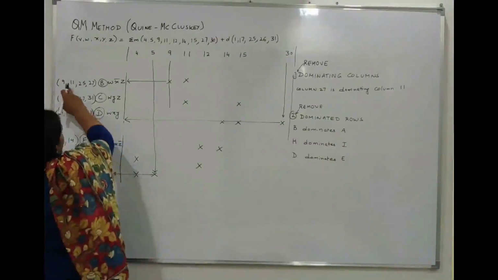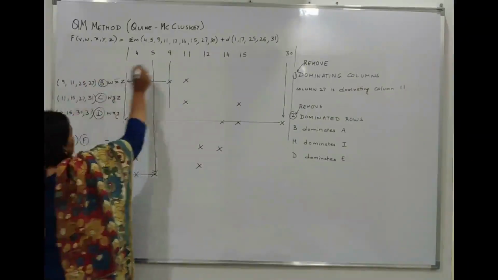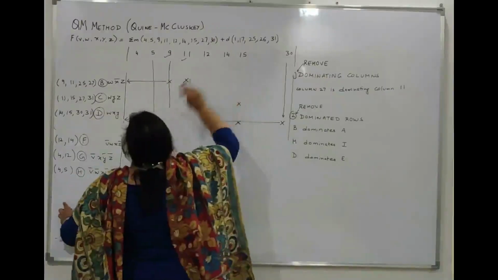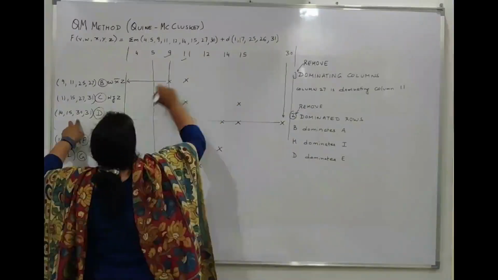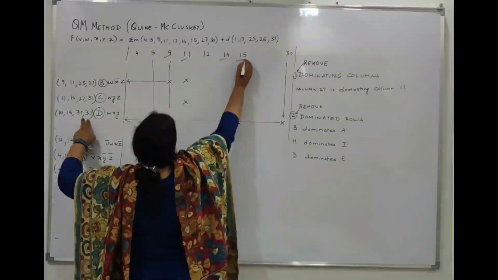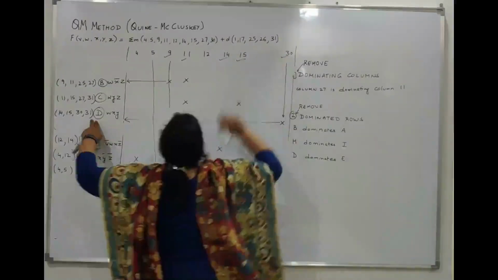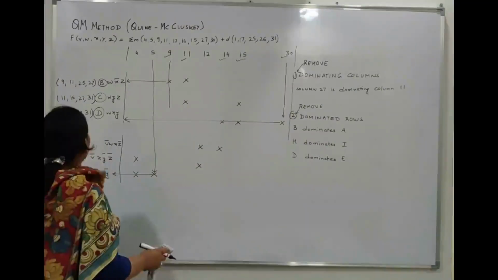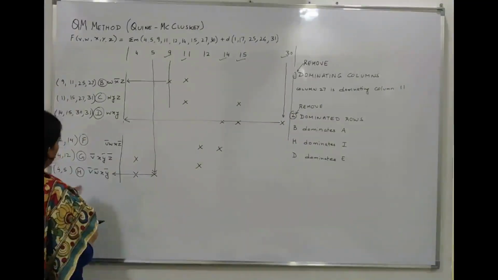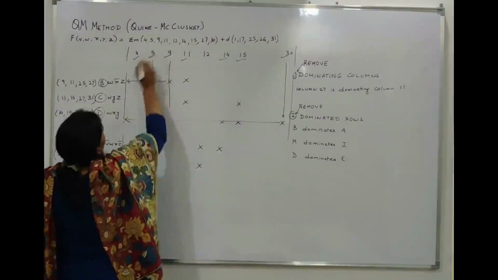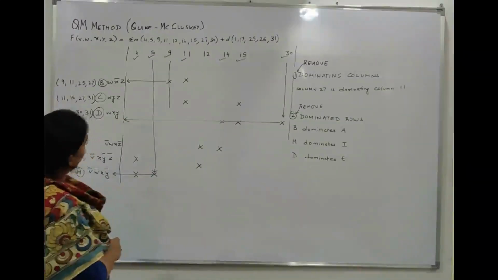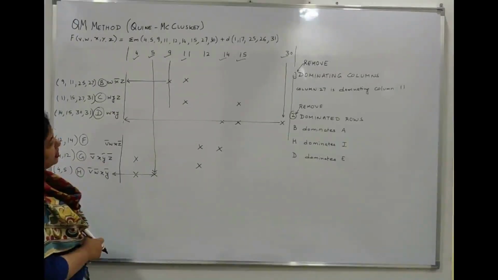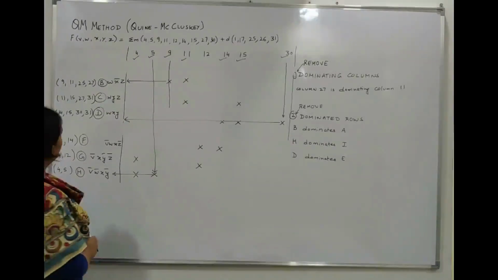So what is this covering? 9, 11, 25, 27. What is this? 14, 15, 30, 31. कौन कौन से मिड टर्म कवर हो गई है? 9, 11, 14, 15, 30. लास्ट में क्या है? 4, 5. तब कौन सी मिड टर्म रहेगी which is not covered? 12. The mid term which is not covered is 12.